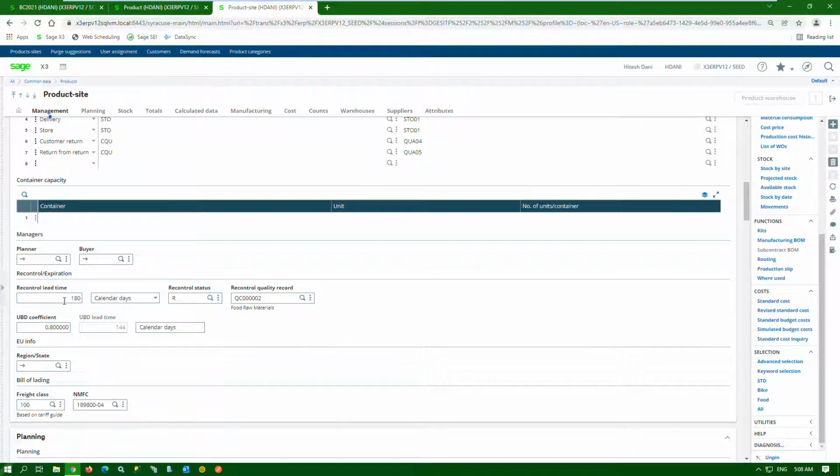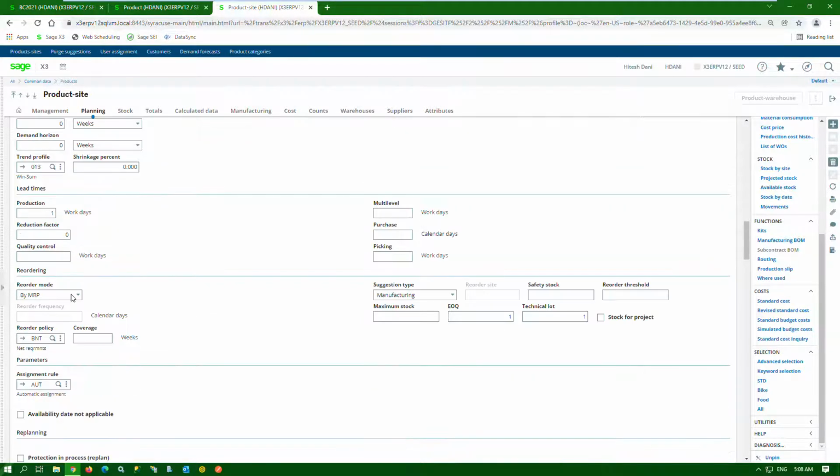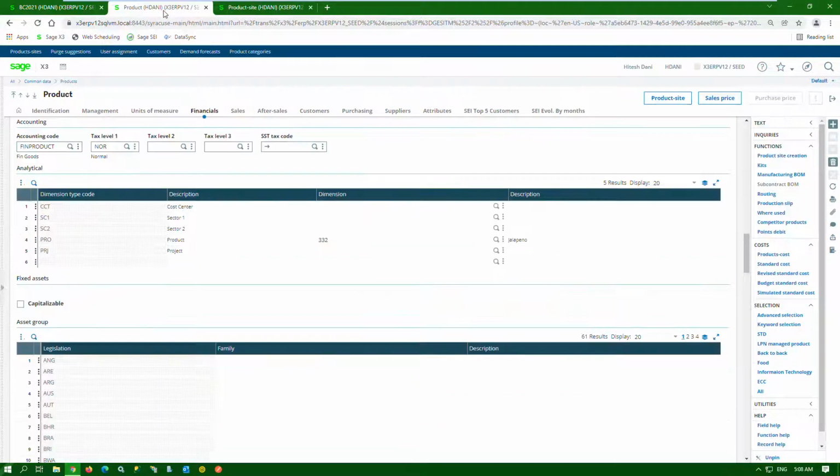The product site also reaffirms that your reorder control lead time is 180 days. And from a planning perspective, we are going to use MRP to process this item. When there is a requirement, we will end up creating a production work order. With that, we now go back to the item master record and take a look at more information about this